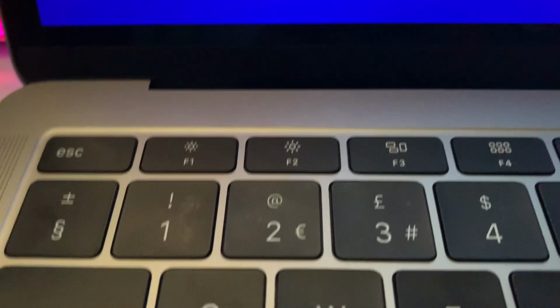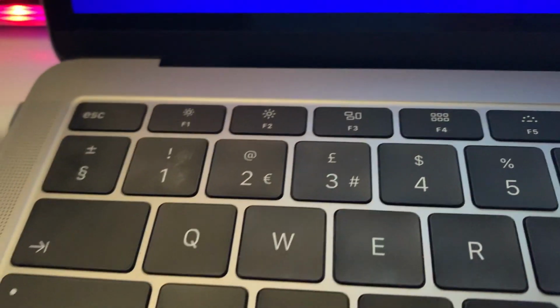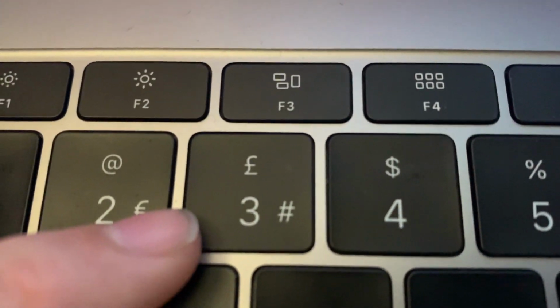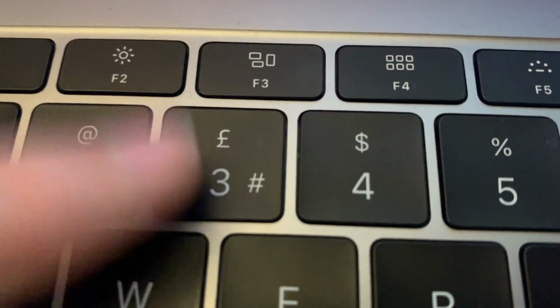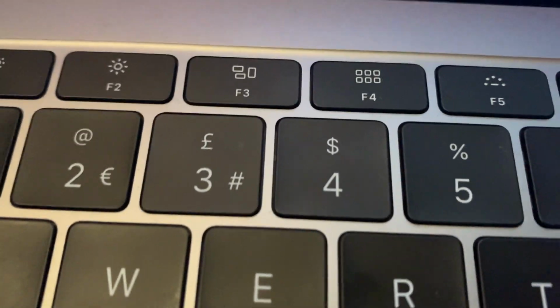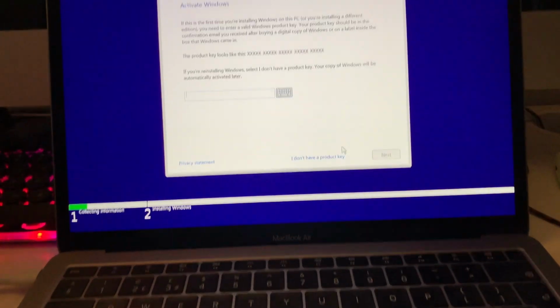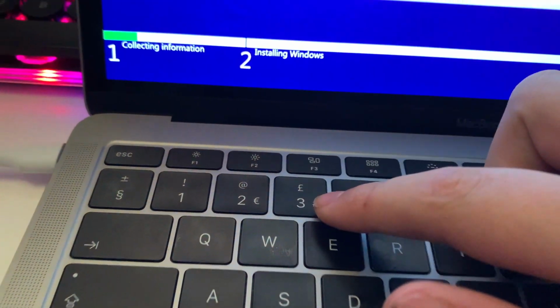The way to determine if you have a British one or not is by looking at the 3 key. If you look, you have a pound symbol. Now most laptops don't have the pound symbol if they're not from the UK. So if you have, for example, a Lenovo ThinkPad, then the chances are you won't have one of these. Anyway,